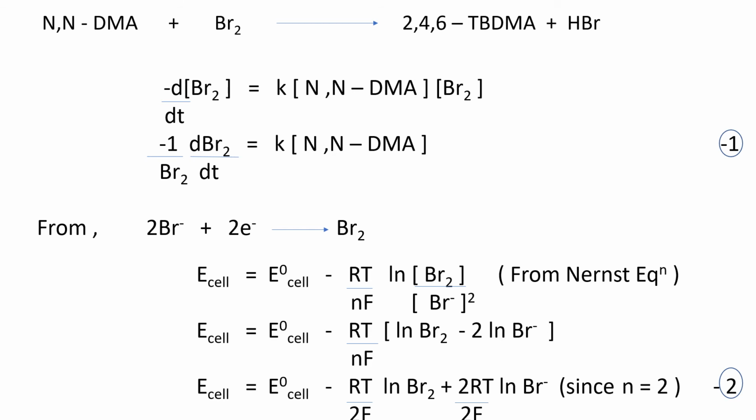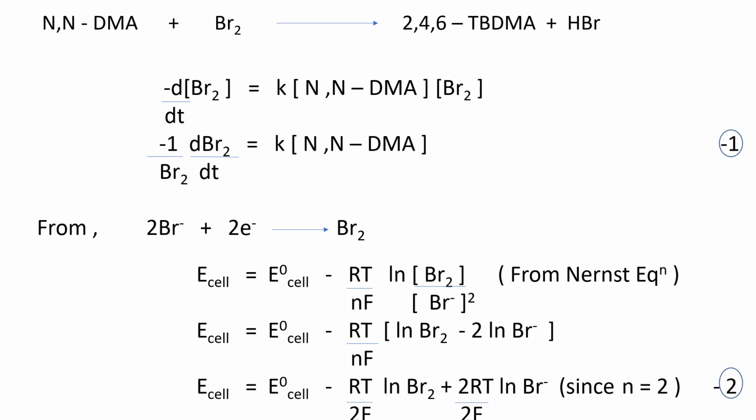So as I have already said in the introduction part of the potentiometric method, EMF depends upon the concentration of the indicator electrode. So here the indicator electrode used is the bromine bromide electrode. So you are taking the rate of bromine. So bromine here in this reaction is the reactant. So you know that as the reaction proceeds, the concentration of the reactant decreases and the concentration of the product increases. So that is why I have written minus of d by dt of Br2.